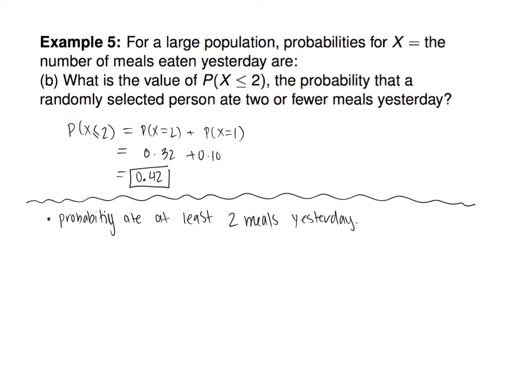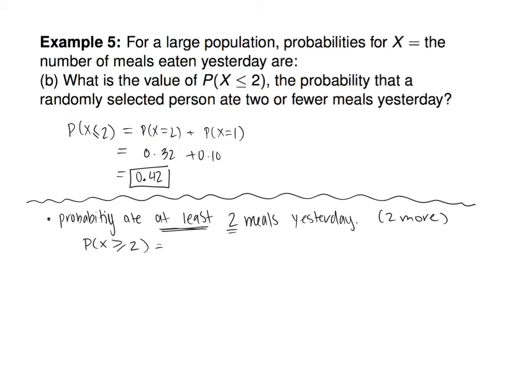You ate 2 or more. So this means 2 or more. So that's the translation of at least. Or you can think at least means 2 is the least. In other words, it is the probability that x is bigger than or equal to 2,